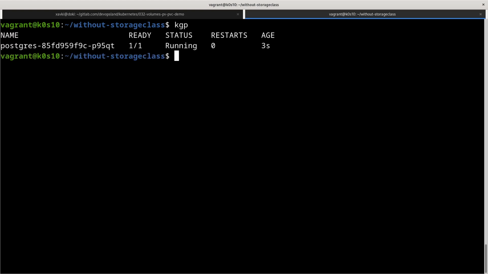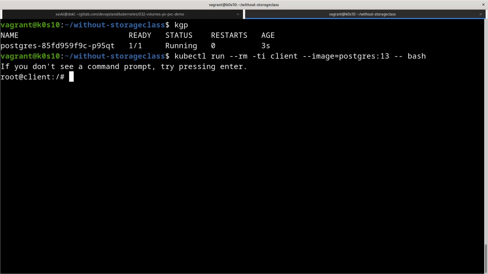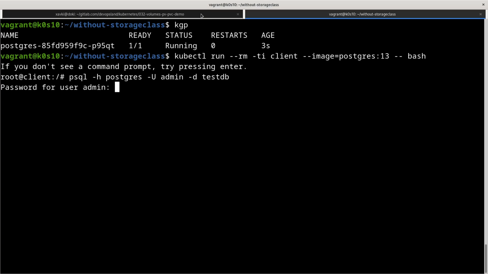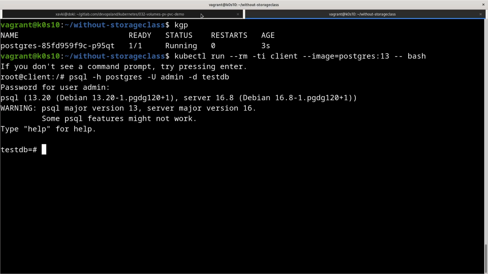Okay, I can check. Now we have a new pod, and normally, if our data are persisted, we can run our client again like that. Run the psql. So this is not the psql. The psql -h Postgres and the user -u admin and the database testdb, the password again, and